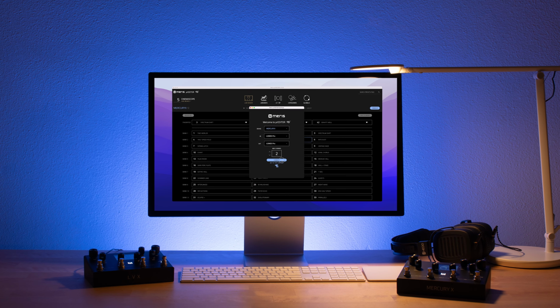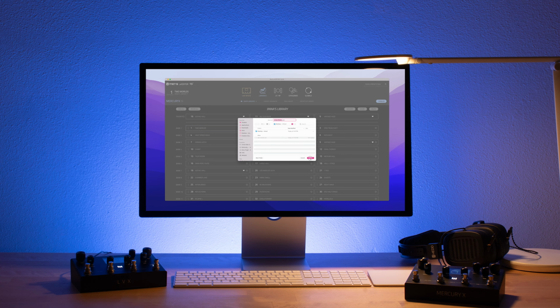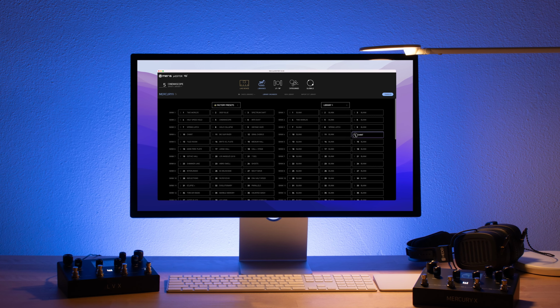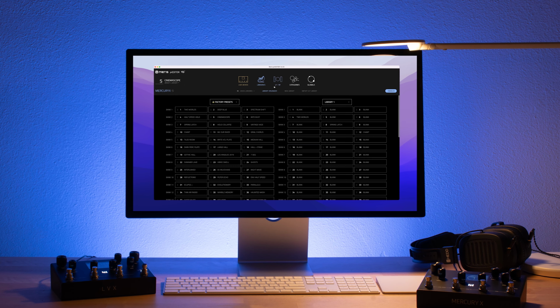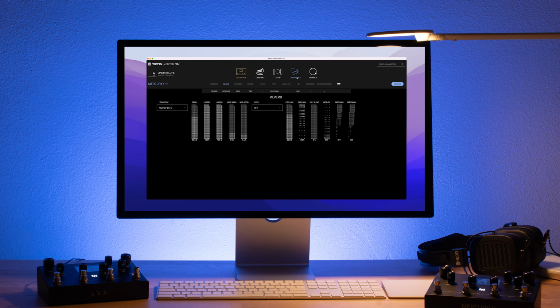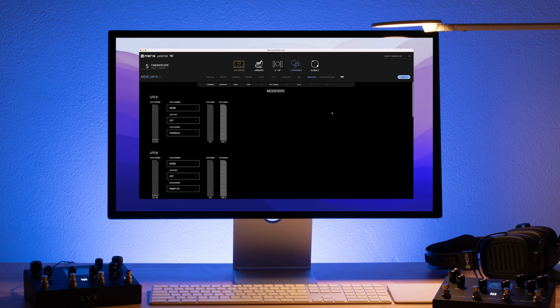Earlier this spring, we released our first ever desktop editor and librarian for LVX. And now, MercuryX is compatible with the latest release of prEDITOR. It's available for free on our website. We offer easy to use drag and drop features. This is going to take both award-winning LVX and MercuryX to new heights in speed, organization, and workflow with your patches